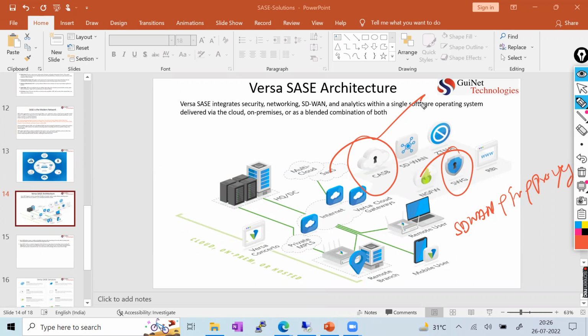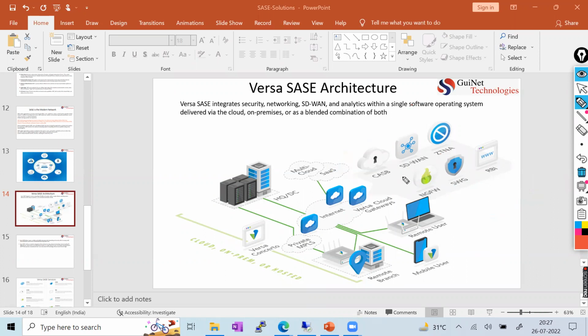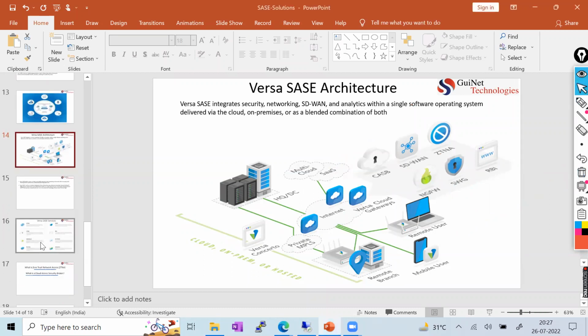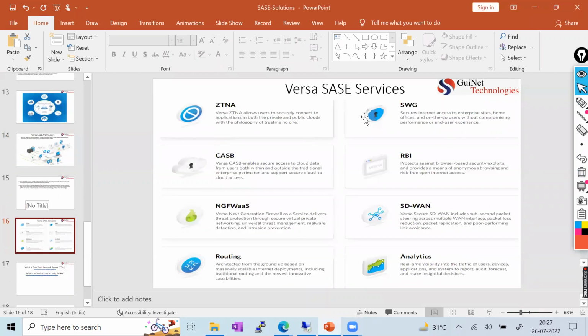So this is again very useful because of the growth of cloud platforms and applications, like Microsoft Office 365, Salesforce, they are increasing day by day, right? And they are now starting to use cloud-based solutions from any of the remote offices, any of the home offices. So in that case, CASB is going to play a very vital role for you to mitigate all this problem, right? So the end summary, whatever I would like to suggest here, you can see these are the SASE components, this is Versa.